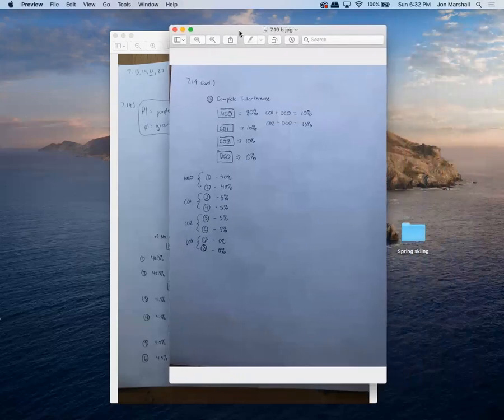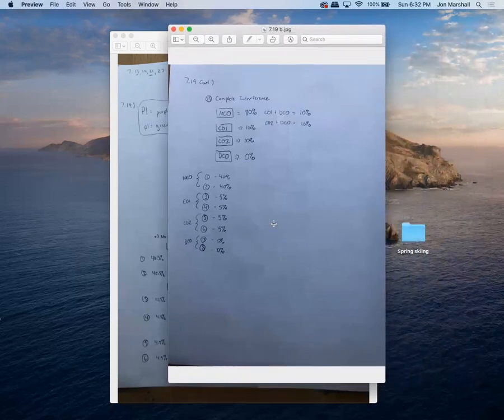Now let's look at when there's a complete interference. So what complete interference means is that there's going to be no double crossing over event. So here, if there's a crossing over event in one, it makes it so that there's no crossing over event between the other two genes. And so you'll have 0 double crossing over events.